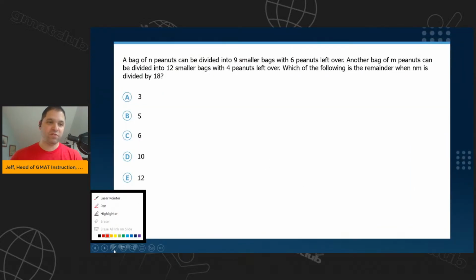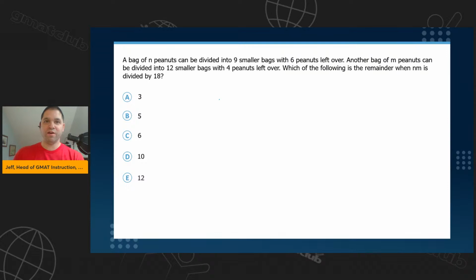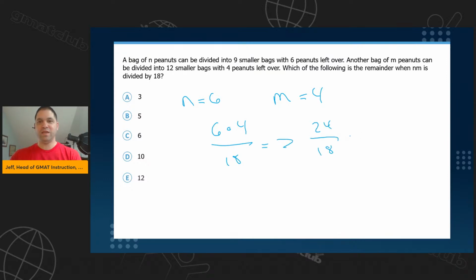Now, the key with successfully plugging is using a small enough number where you're not multiplying big numbers. So if we're saying n peanuts can be divided into 9 bags with 6 left over, that means n can be 6, because it would give you a quotient of 0 and a remainder of 6. Another bag of m peanuts can be divided into 12 smaller bags with 4 left over. That means m can be 4. So all you're doing is 6 times 4 divided by 18, which is 24 divided by 18, which is